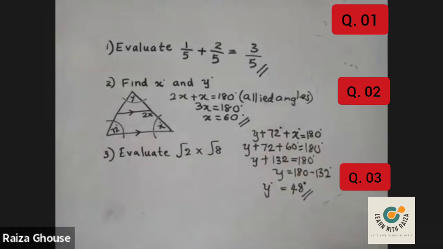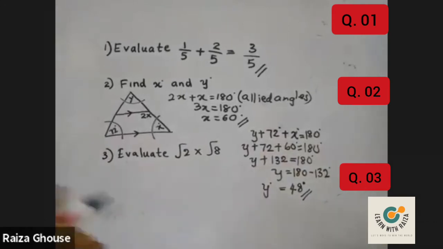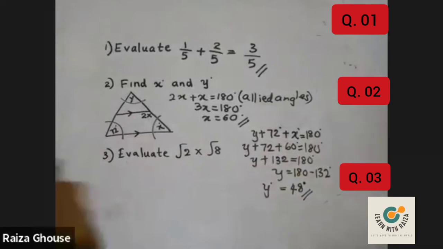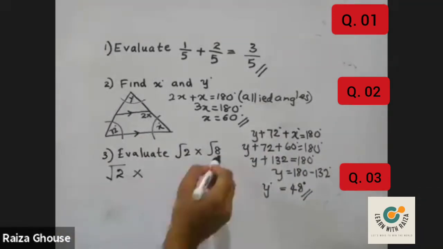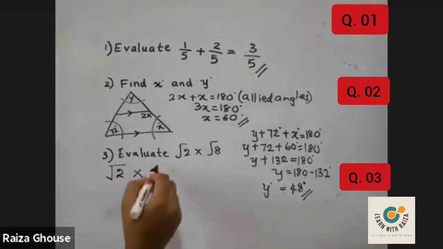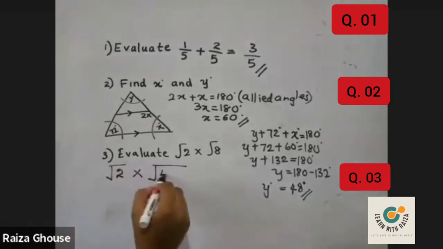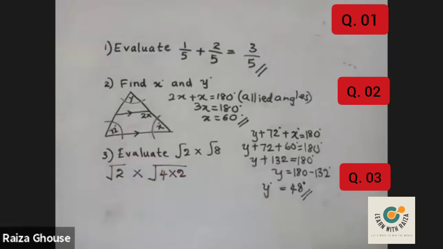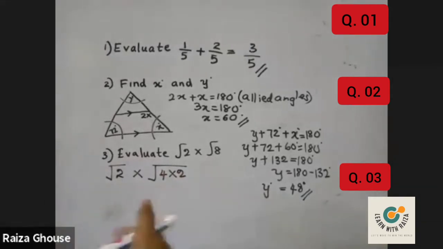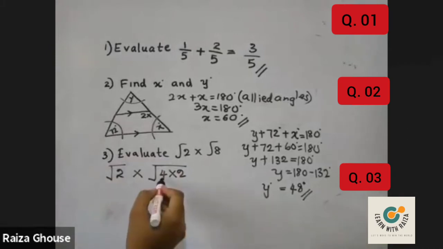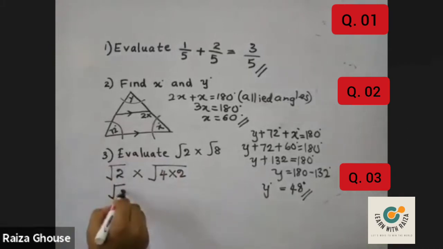Third question is from rational numbers. You can see now two surds are there. First, we'll see how to do this. Square root 2, you can write as it is. But 8, you can evaluate. 8, you know, you can say it as 4 into 2, or else 2 into 2 into 2. When I write like this, you must understand that this is a square number. So when there is a square number, you can take